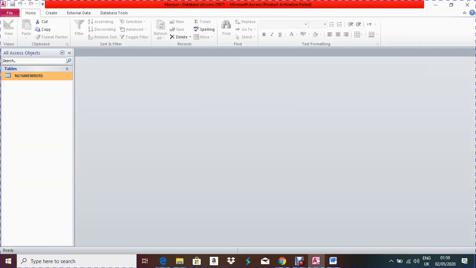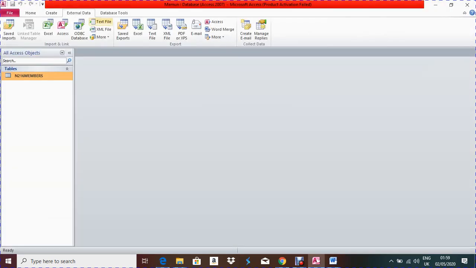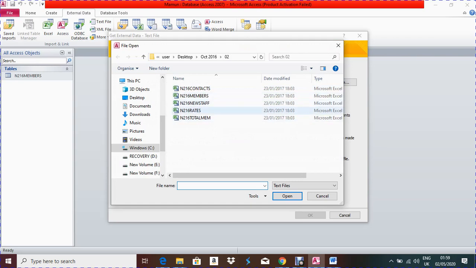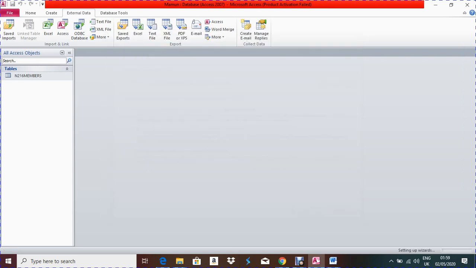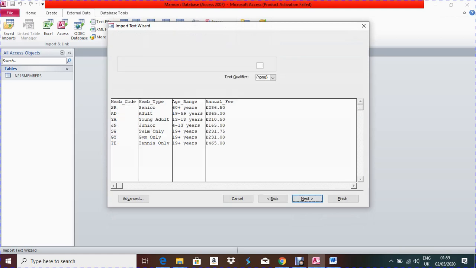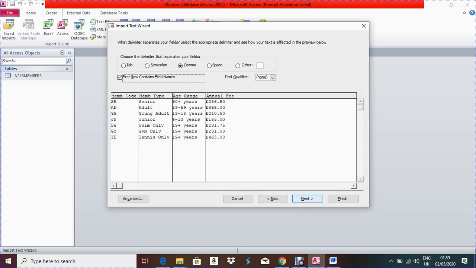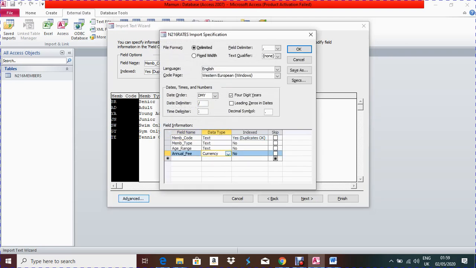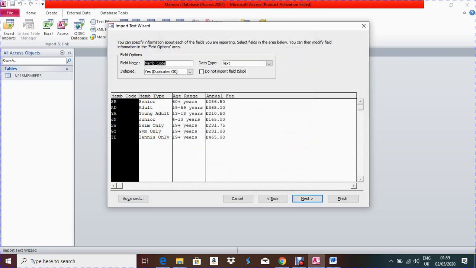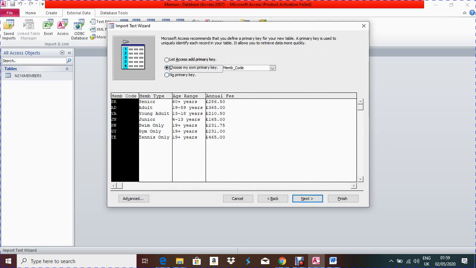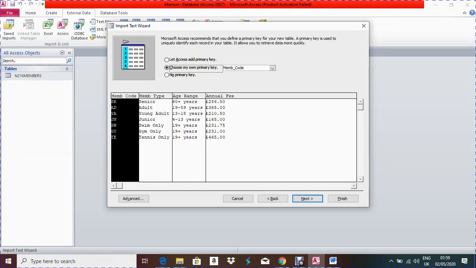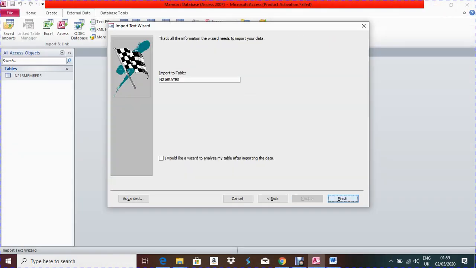Okay, now check rates. External data, and the same way you have to import the table: text file, browse, rates. Where is this one? Okay, next, click next. First row contains field names, next, and for checking go to advanced. It is already currency, so no need to think about this one. Okay, click next. Now choose my own primary key. So what will be the primary key? Mem code will be the primary key, right? Yes, so it should be mem code. Click next and then finish,